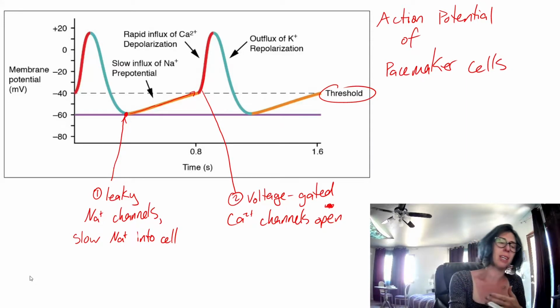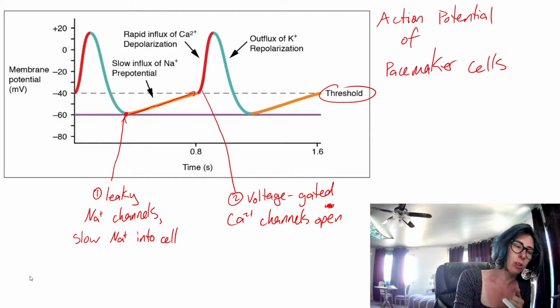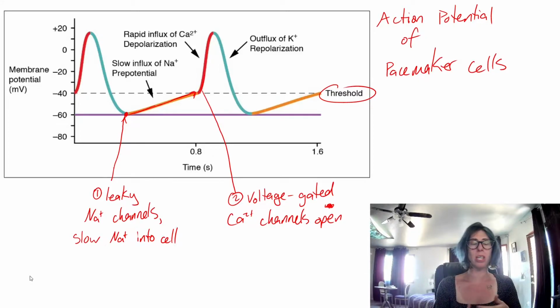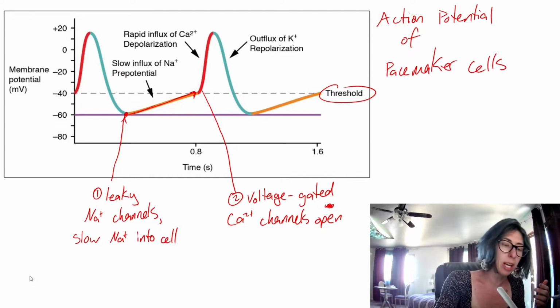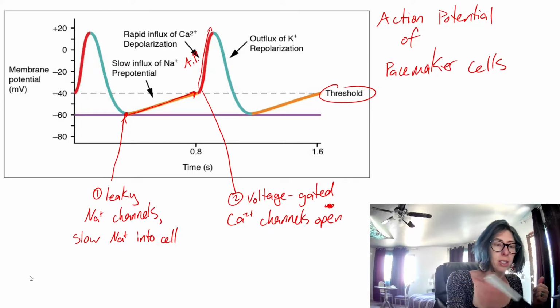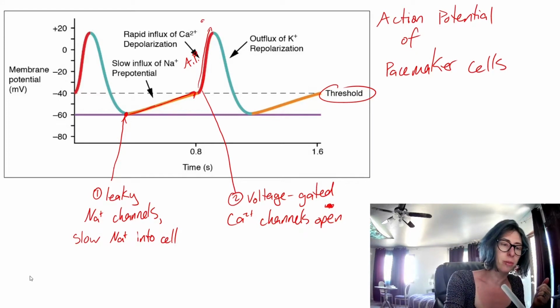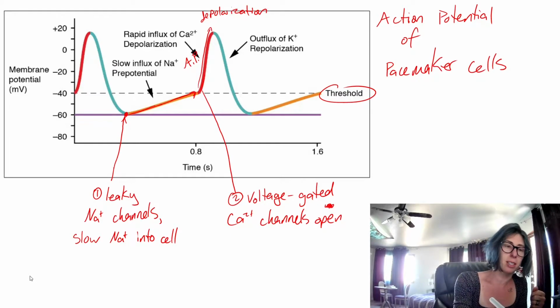So the sodium channels allow sodium to leak into the cell, making the inside of the cell more positively charged. And once the inside of the cell is positively charged enough, it triggers the calcium channels to open, and these open and allow a flood of calcium in, so you get the action potential. Here's the action potential right there. So this is a spike we call this depolarization. At the top here, this will be number 3,